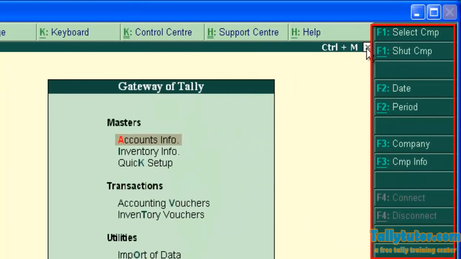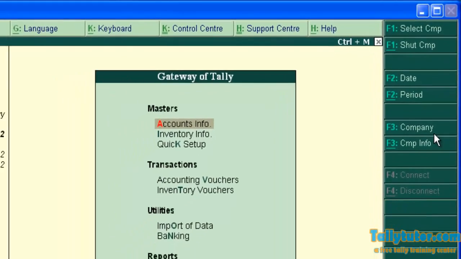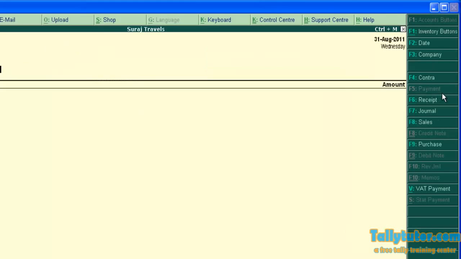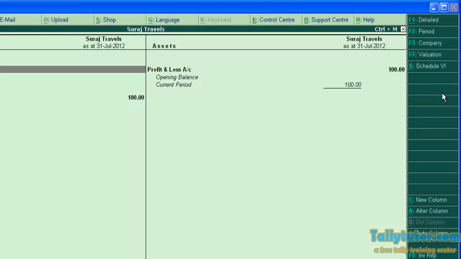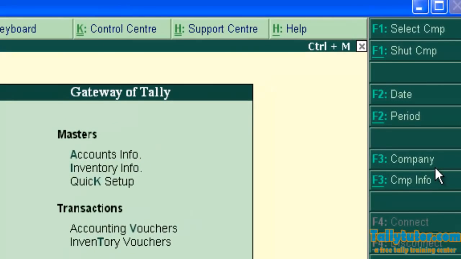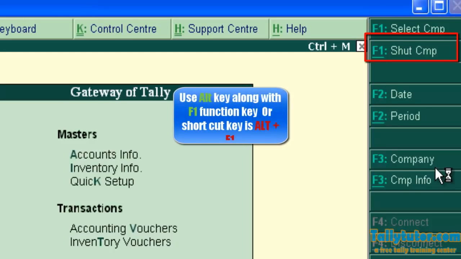Now the right button panel, you can see so many buttons here. These buttons change in accordance with the different voucher screens, like this changes, and in the balance sheet the buttons change like this. Prior to a button name, there is a shortcut key like F1, F2, F3, etc. Some buttons are underlined with a single line. This means use the Alt key along with that function key.